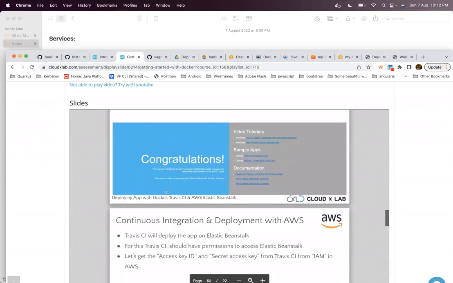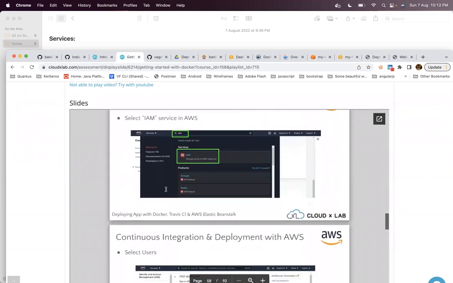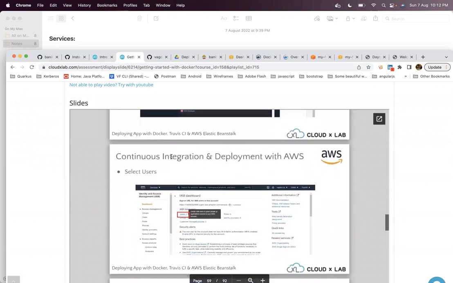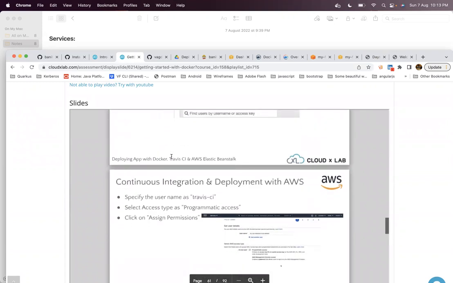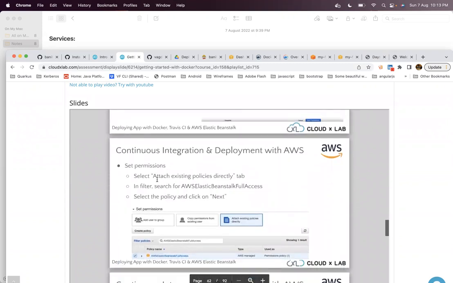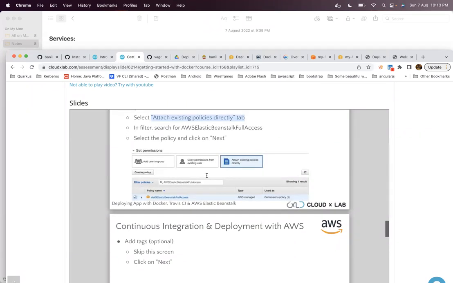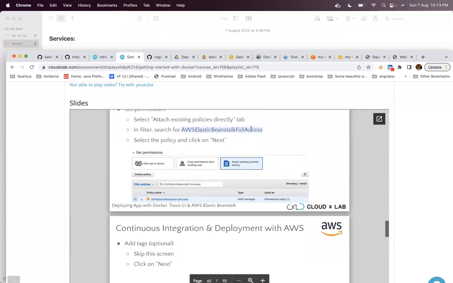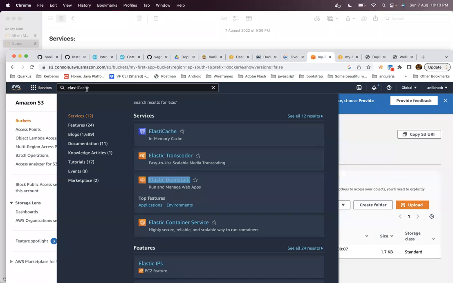Okay, so we have a sample application, and after that we made an IAM user. We created a simple IAM user, the Travis user, which is programmatic, which has programmatic access rights. So we give program access permissions, and we have attached a few policies. Here the slide is a little bit outdated. This policy is no longer there. Elastic Beanstalk full access is not there. Rather than that, we have something called administrator AWS Elastic Beanstalk. You can actually verify it by going into your IAM account.